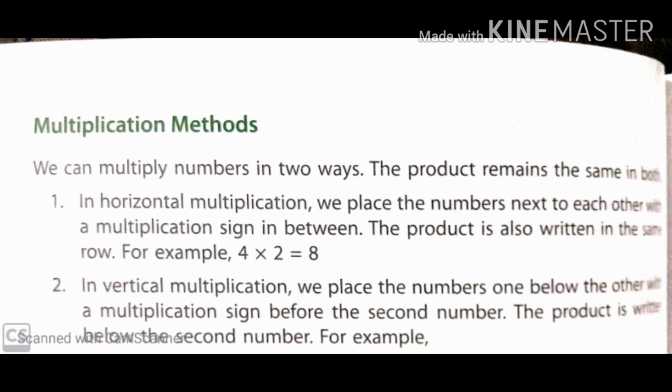I'll show you one example. Over here also we will never forget to write tens ones, and then in a column method we'll just write 4 in the ones column and 2 in the second column. 4 is the first number, 2 is the second number. So we will just give the multiplication sign before the second number. Then we will multiply 4 into 2 or 2 into 4. We get the product 8. So this is the way we do the multiplication in vertical method.